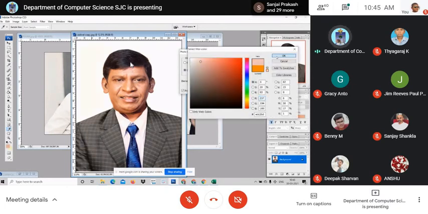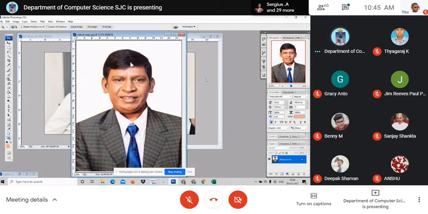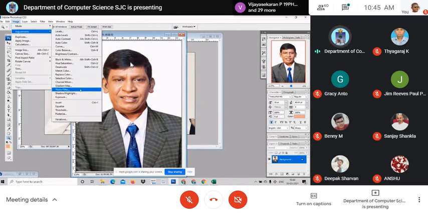Choose the color. Choose the color source here. Just increase the intensity. Only that color intensity. See here, are you able to get the difference? Look at it. See, it was like this, but I have increased it. Got the difference? Intensity of the color is increased. That is photo filter. Shadow and highlight.